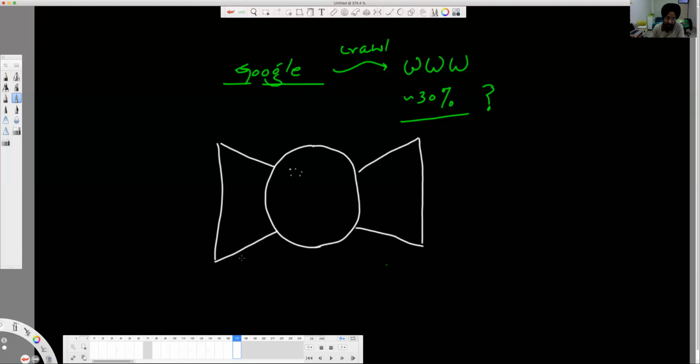But there would be few things which are sparsely connected. Let's say there was a tube going from this part to this part, a set of websites linking in a long route. This could be pretty much possible. You can also have islands, right?